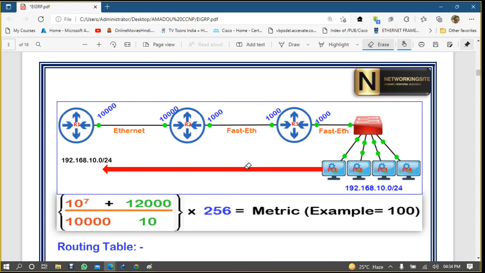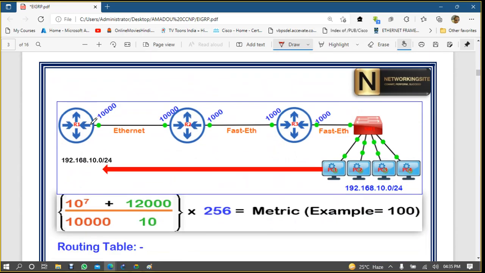Even when you check an SLA, service level agreement, they say 99.95, 99.9, but they will not say 100. Even an ISP will not say that I will give you 100% connection up. So it's not fixed. That's why Cisco does not recommend it. But if you want, you can use it, just make sure you're using it in small networks. Otherwise, in a large network, you will have problems.